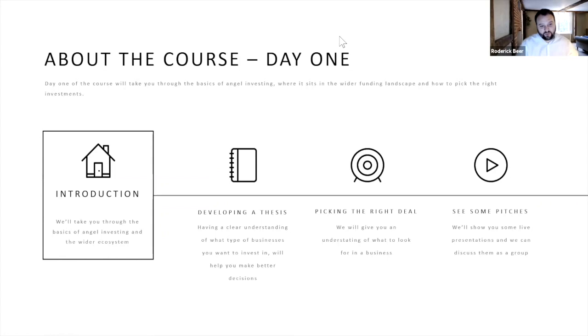So we're going to start off with the first section, which we'll be going into very soon. It will be based around an introduction to angel investing. So it's more around what does angel investing look like? Why do angels invest? What does the industry, the ecosystem, the investment and the funding landscape for a startup business look like? And what are the different sources of funding out there and how do they work? So it's trying to give you a better feel, as an introductory piece, as to where angel sits in the world, why you would want to do it, and some of the core numbers behind angel investing. So that's section one.